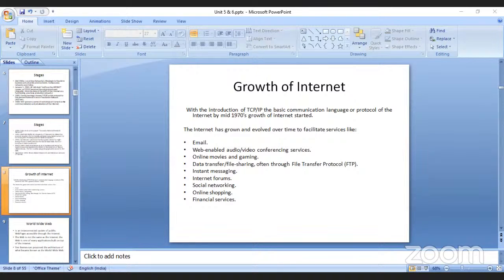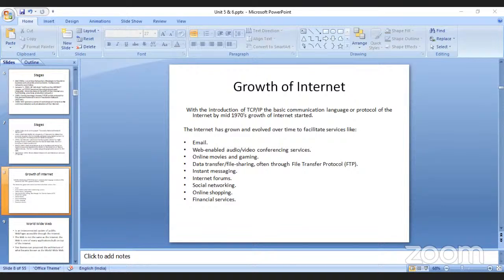But now we can sit at home, and with the help of internet banking we can do whatever we want. In the same way, all the financial services are also provided. You just need to have a good internet connection, sit at home and do whatever you want. So these are the important advancements with the help of the internet.